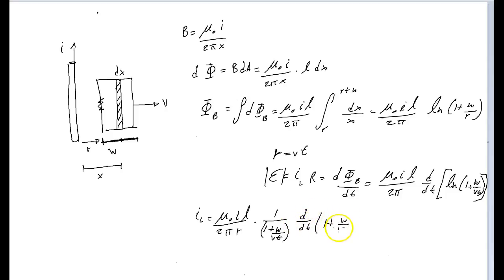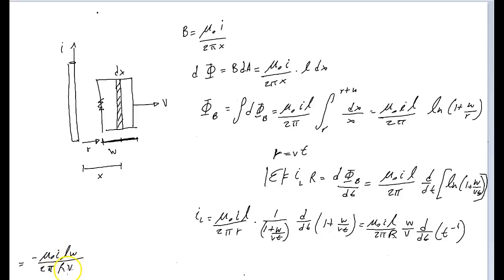Right? Okay, so the derivative of this is going to be mu sub 0 I L divided by 2 pi R, and W over V can come out front. And then it's just the derivative of 1 over T, or T raised to -1. -1 comes out front, raised to the power 1 lower, so T to the -2. So this becomes negative mu sub 0 I L W divided by 2 pi R V times, oops,